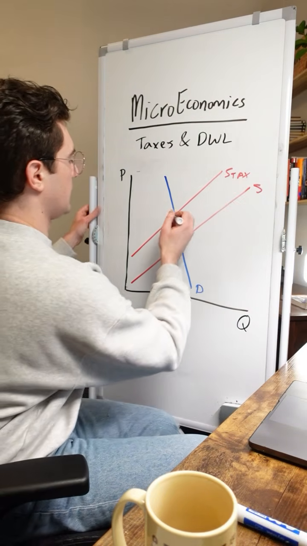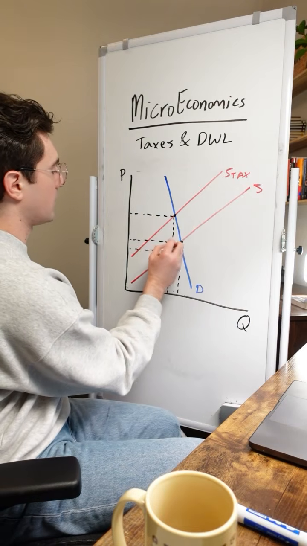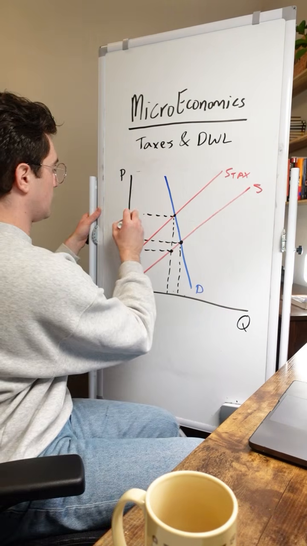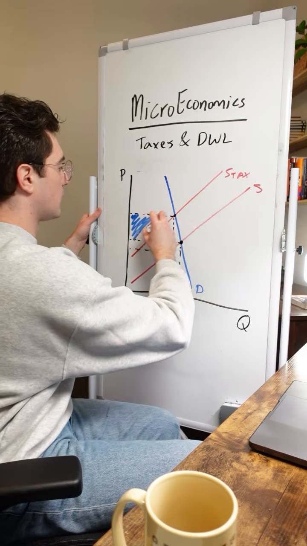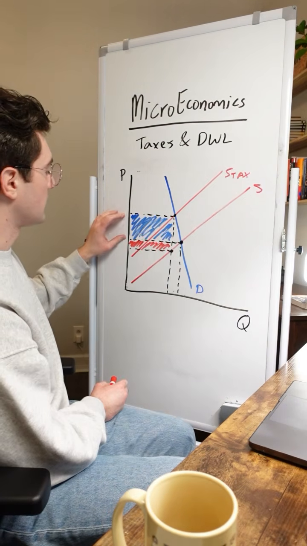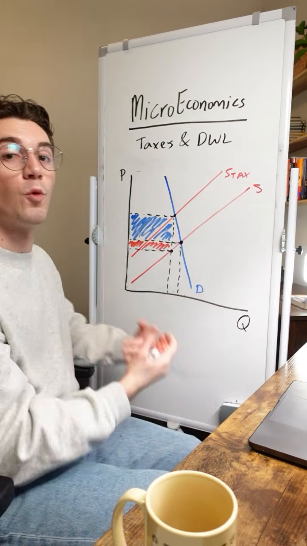I go through the process here of finding our areas. Bear with me here. I drew this extra line here at that old equilibrium point because I want us to see how the burden of the tax changed. Consumers now bear a much larger portion of this tax than producers. Consumers are paying this much and producers are only paying this much because the demand curve is more inelastic than